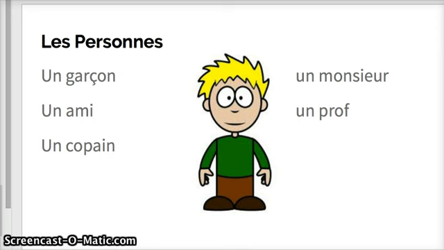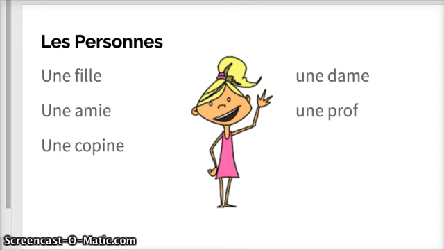So with that being masculine, here are the feminine. You have une fille, une amie, une copine, une dame, and une prof. So going back once again to last week, we talked about how words get genders, and that comes from the Latin. But if you look at the end of the word, these all, except for prof, end in an E. So a general rule is that if the word ends in an E, it is feminine. It is used to reference something that is feminine. So in this case, it's a girl. Everything that has une is for a girl.